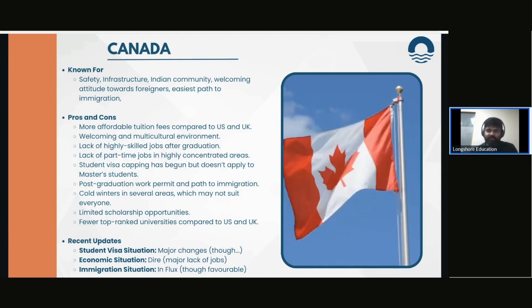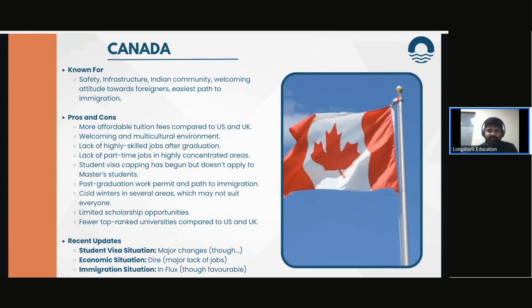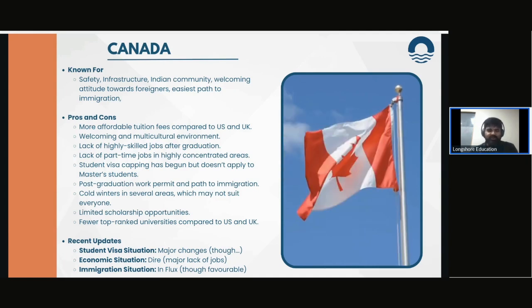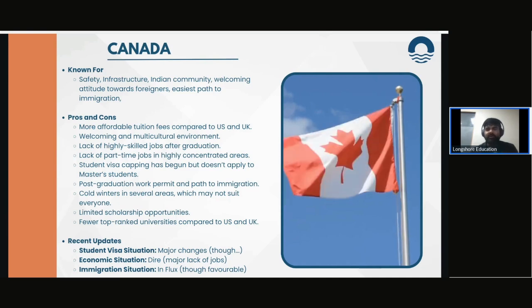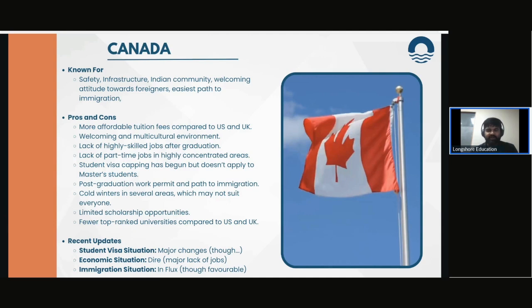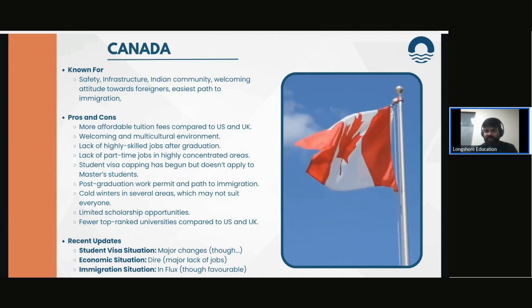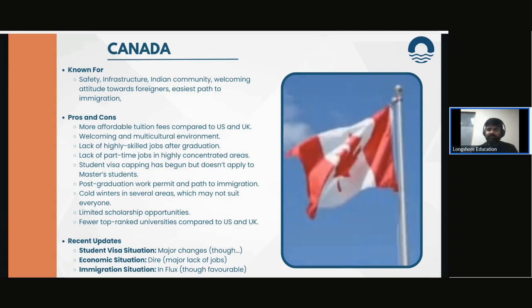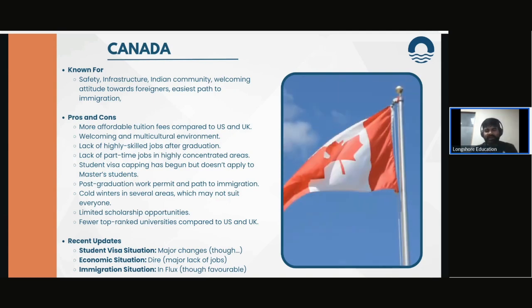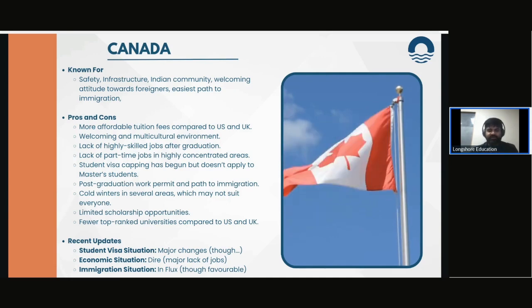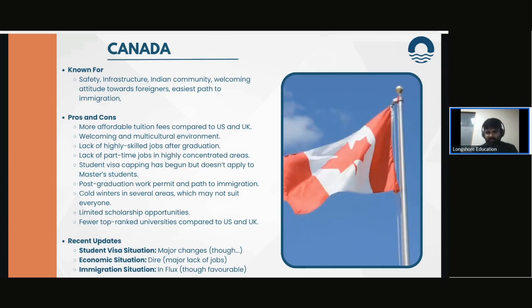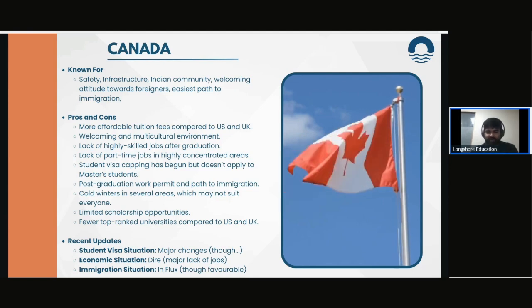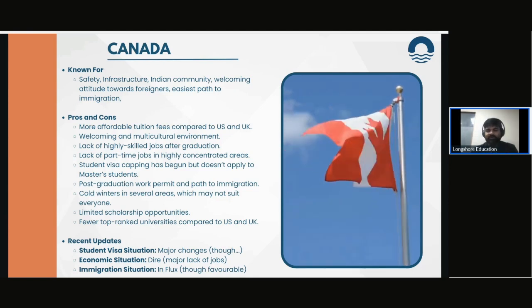There are major changes in the visa situation, as I mentioned. The economic situation is obviously dire because there is a lack of jobs at the skill levels, and the immigration situation is in flux. Now, what do I mean by flux? Canadian universities and colleges are not created equal. There are only a few research universities, and for those, the study permit capping is not going to be a problem. The problem is that in Canada, only about 7% of the students are pursuing degrees such as masters and highly skilled programs. Most of the students that go from India are pursuing diploma courses, certificate programs, and so forth, or planning to study English as well. They are the ones who are going to be affected a lot more by the student visa capping.